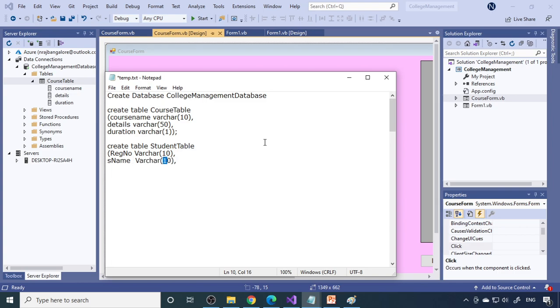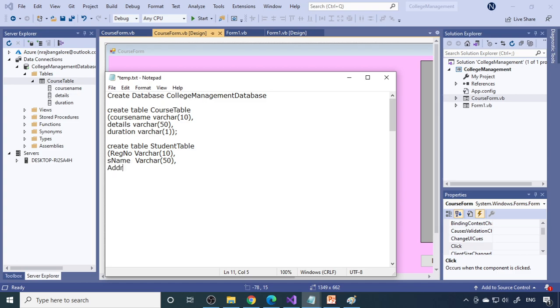Here I'm not using constraints like primary key, foreign key and all these things. We will learn those probably in the next videos, because if you make everything complicated in the first video or first time, there are a lot of errors and then it's very difficult to enter the data. Whenever you are learning, don't make it very complicated the first time. Make simple things step by step, learn them, then go to the complicated ones. We'll teach you all these things in later classes. Now we'll make a simple table, that is sname.